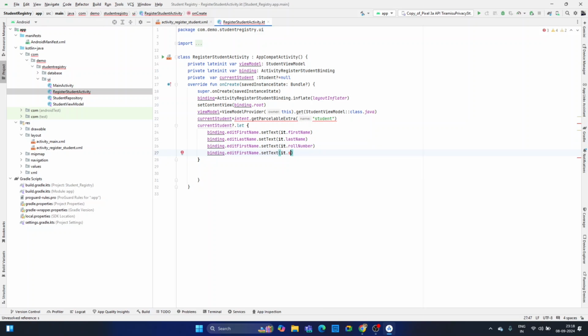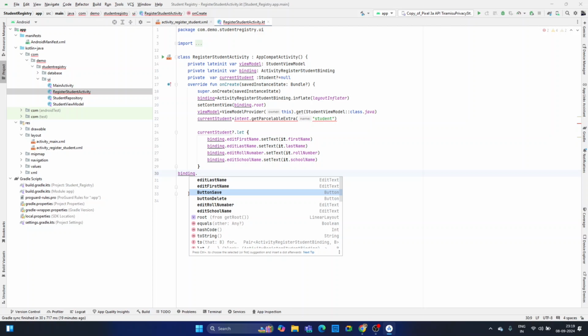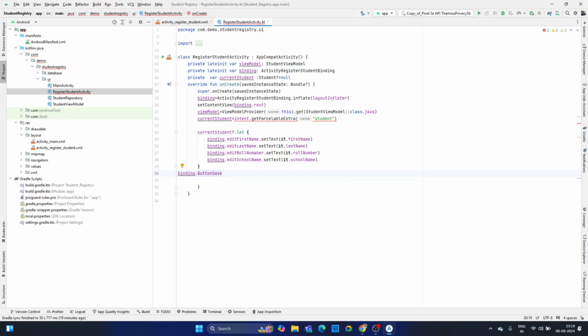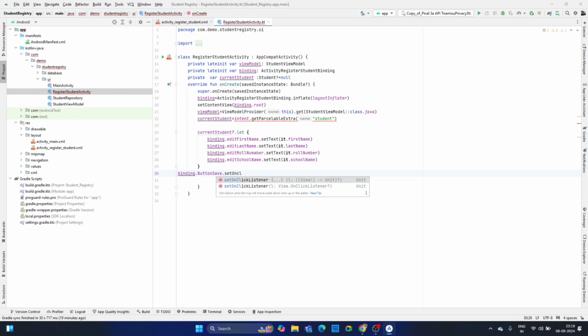and once we click on the save button, what is going to happen? So binding dot button save, sorry, dot button save dot set on click listener. In this click listener we are going to do something like we are going to save the